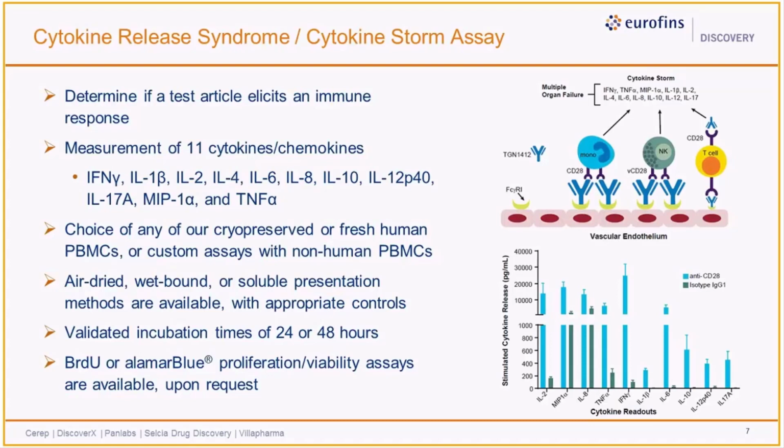In terms of presentation of the test agents, we can present them in a variety of different formats, including soluble presentation, which mimics the effect of the agent in free circulation. We can bind the test agent to the plates, and this is most applicable for biologics, by wet-bound or air-dried presentation. In both of those cases, we have the potential to evaluate other epitopes, especially within biologics, that may be exposed upon binding of the biologic either to its target or clustering, and thus expose epitopes that might potentially cause